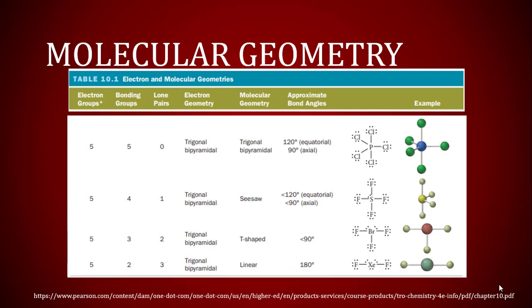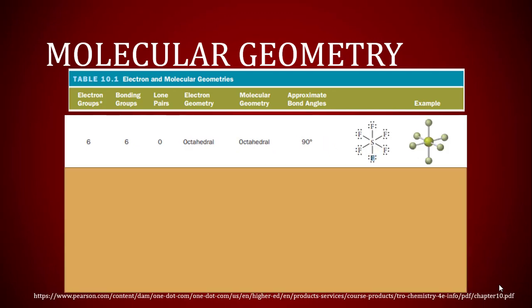And lastly, you could have 2 bonding domains and 3 non-bonding domains, and now you end up linear with the 2 bonded atoms to the central atom being in the axial position. Next is 6 electron domains. If you have 6 bonding domains, then electron domain geometry and molecular geometry are the same, octahedral, all angles 90